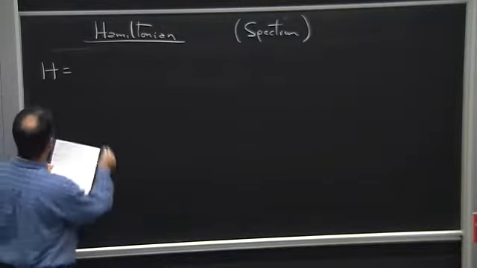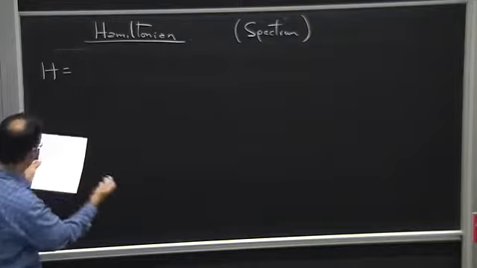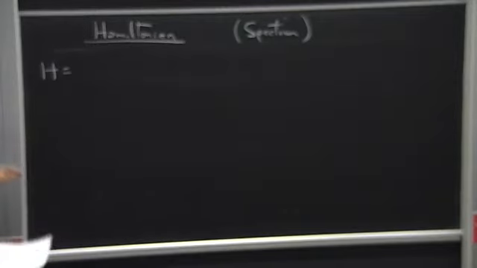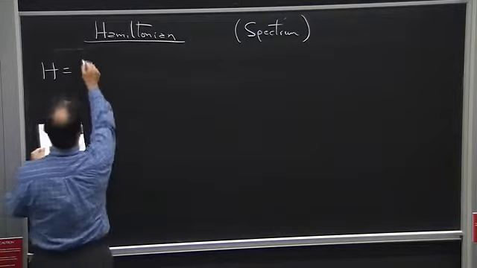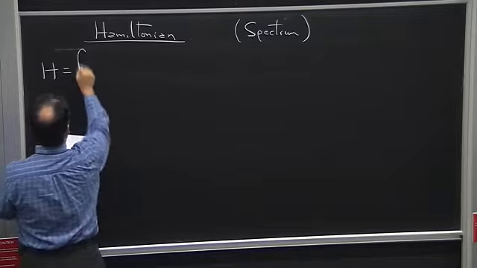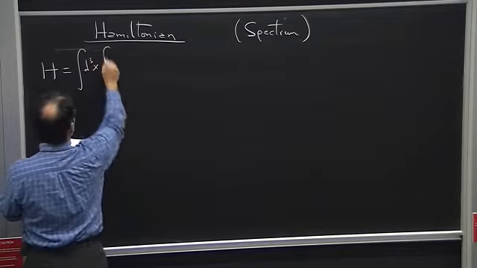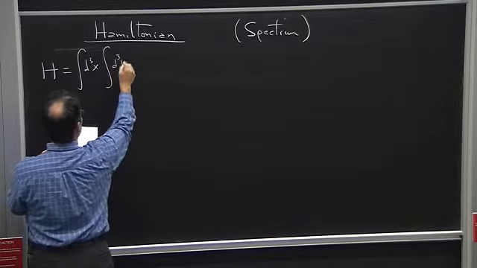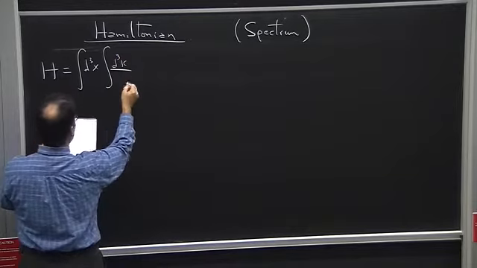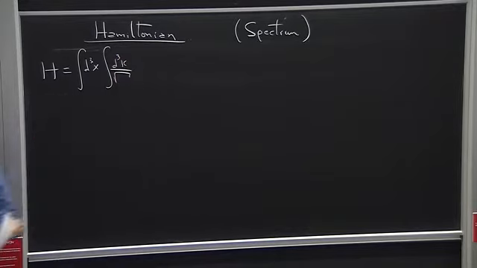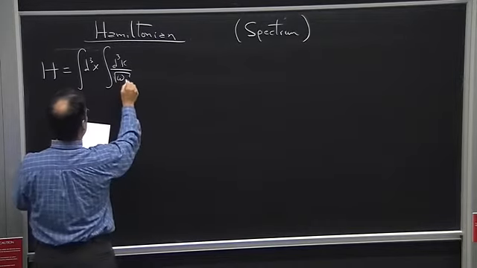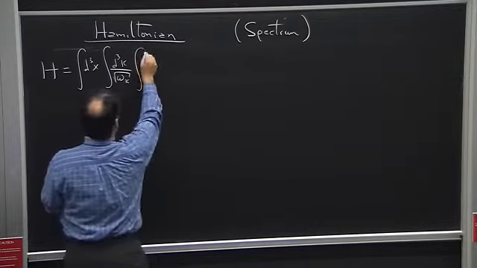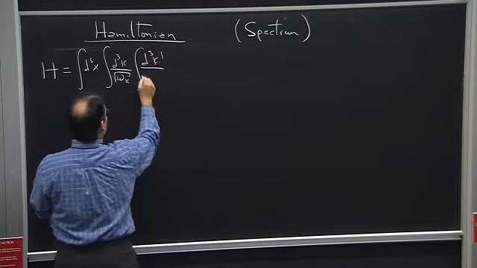let me show you some of the terms, well, actually, the schematic form of the terms that you get by simply plugging in the expressions of phi and pi into the Hamiltonian. And we're going to see what the terms look like. So when you do, you're going to get an integral over d3x. Now you're going to get an integral d3k. I'm not going to write all the factors. The factors of 2 and pi are going to be your job, and the factors of maybe i. So we have